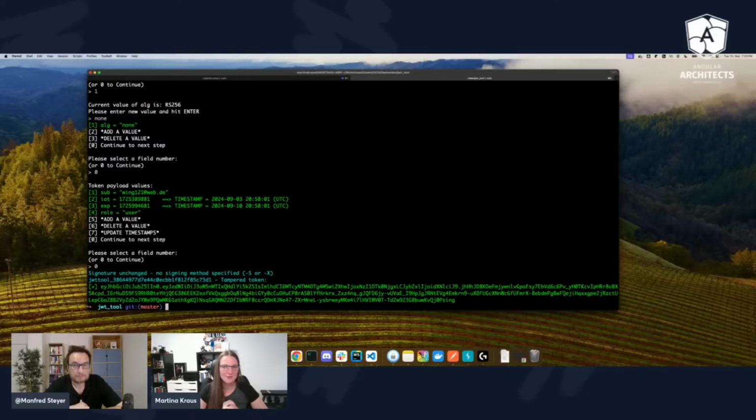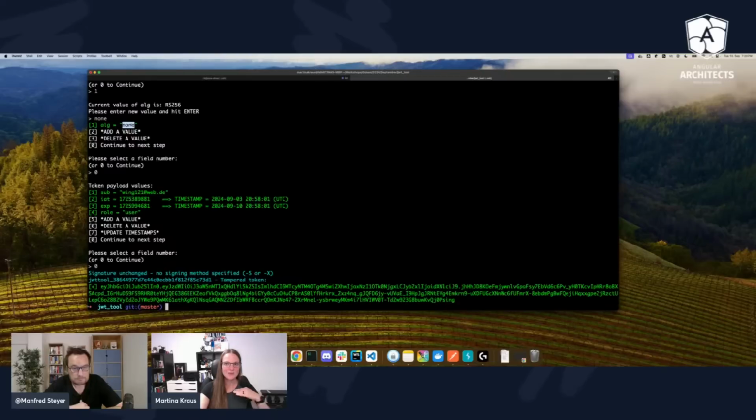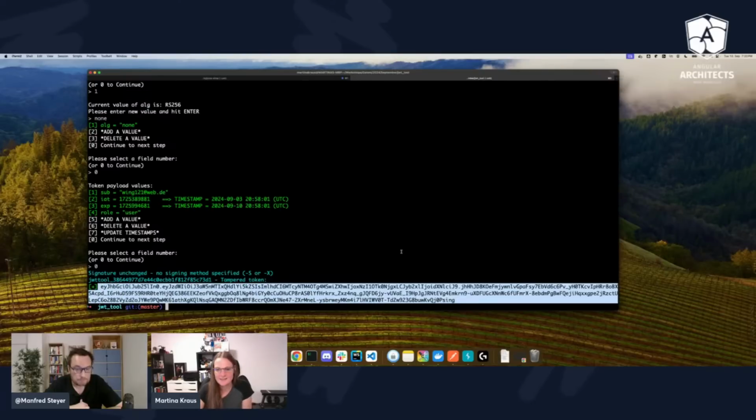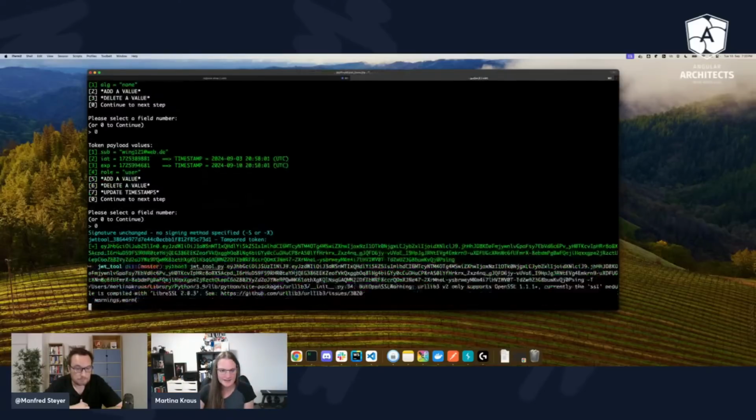Perfect. This is what a lot of backend APIs are doing. And how you easily could solve this is to just have a whitelist of allowed algorithms. And as soon as a JWT has a none, you immediately reject it. There should never be unsigned JWTs in your backend, never. And yes, with the JWT tool, I got now this kind of token, which is now the token with the none algorithm.